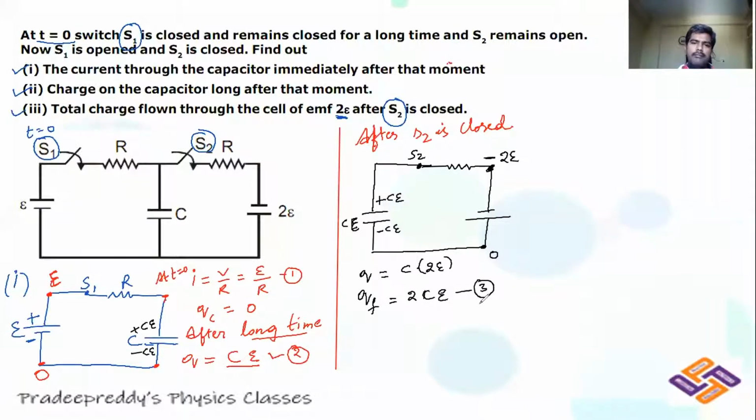The current through the capacitor. Now, in order to find out the current through the capacitor, I'll just use KVL over here. Whenever I want to find out the current in the circuit, I'll be just using KVL. So what I do, start from point O, go in the anti-clockwise direction. Check it up. First this, what you can write here is minus 2E, and immediately when the switch S2 is being closed, what would happen? There will be some resistor here and there is some current I.